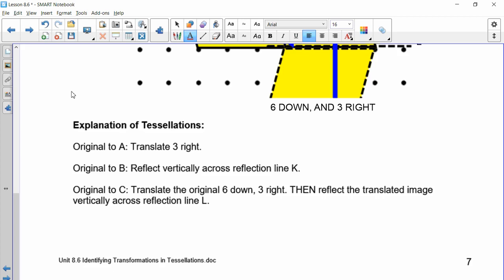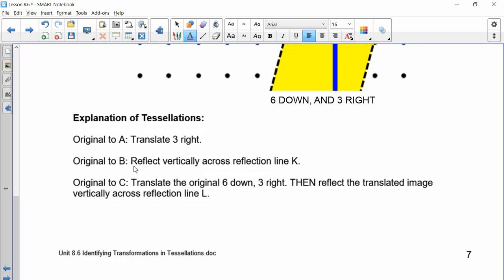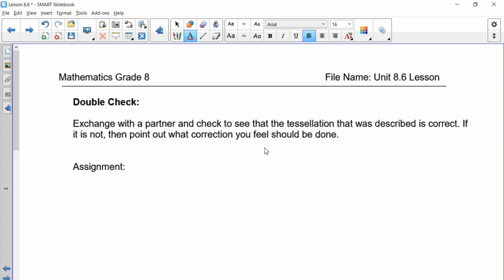Now here's the thing, you're all going to have different things because you can't read my mind. So when you have yours, I need you to give it to a classmate if you can, and I need them to check it. Make sure that what you said you did was actually what you did. And you can check theirs while they're checking yours. If you have any difficulties or differences of opinion, talk it out and try to figure out which one of you is correct. If you still can't figure it out, come talk to me. So complete the assignment and we will see you at